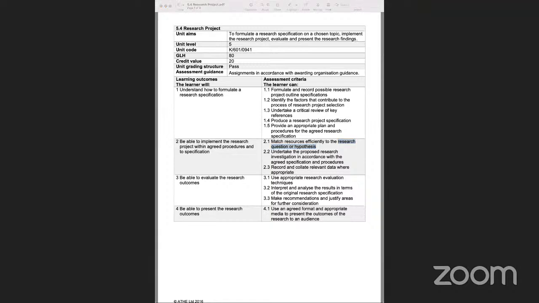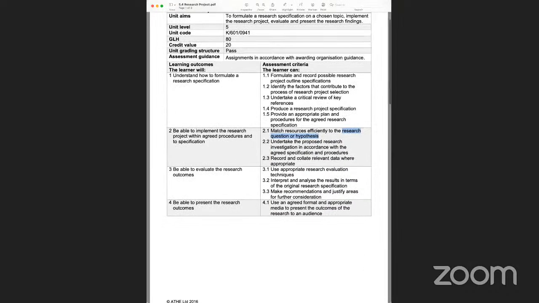Now, with regards to our journey on this particular unit, let me do a quick recap of what we covered yesterday. We started this unit off and discussed the first learning outcome and the basic reasons behind why we look at carrying out research. There were a couple of things discussed in terms of how to formulate a research question, a research proposal, and a timeline, which can be depicted using a Gantt chart, and also